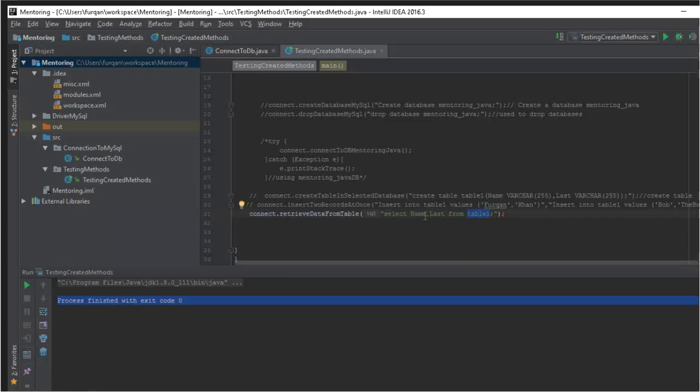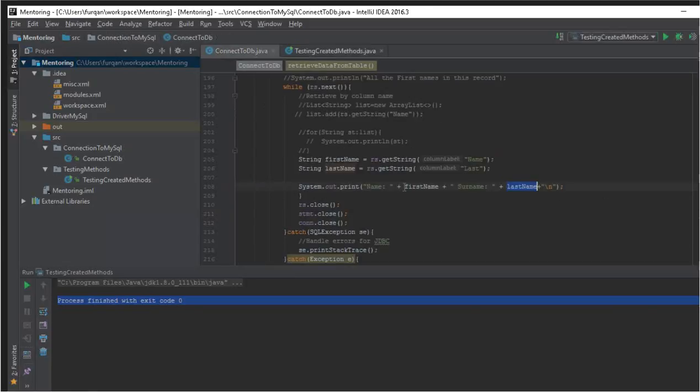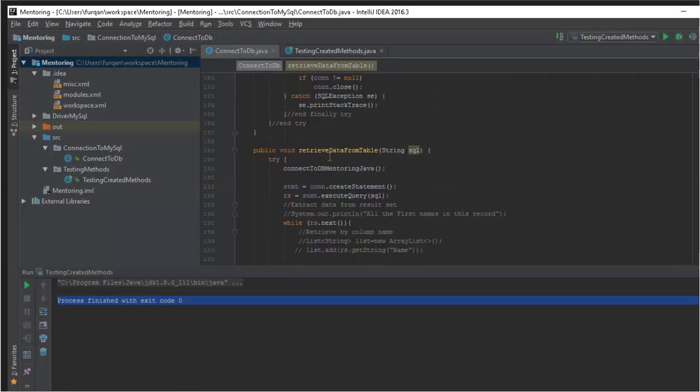So this is another query. This basically selects these two columns from table one. So if it had more than two columns, let's say it had 5 columns, it would not be touching the other columns. It would only touch these two columns because these are the ones specified. Select name and last, and then once you pass this query inside of this method called retrieve data from table,